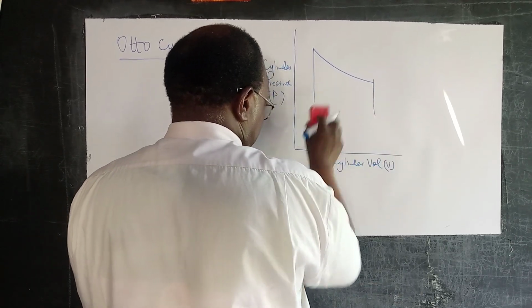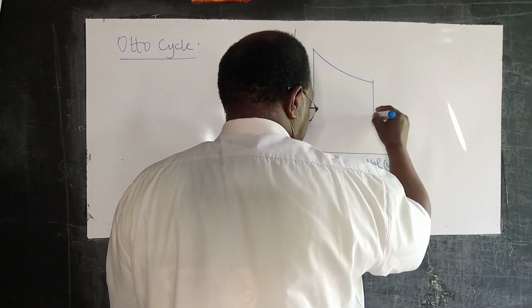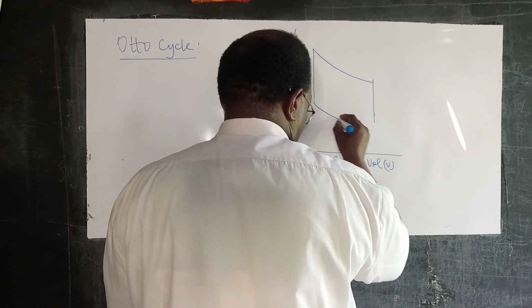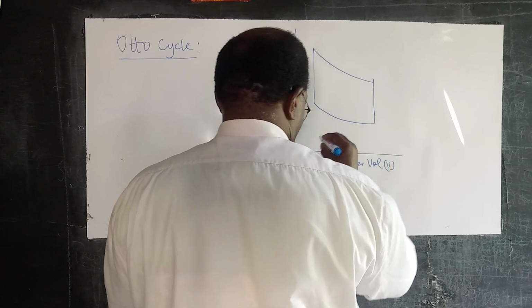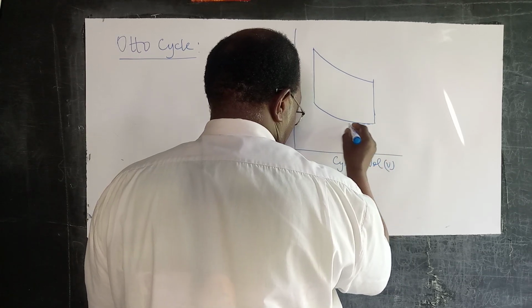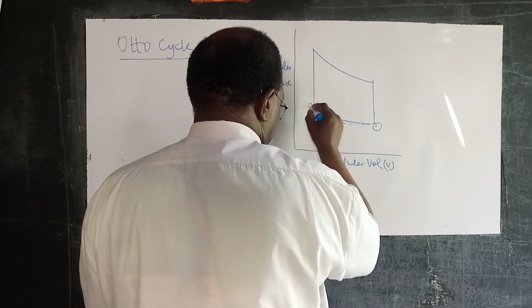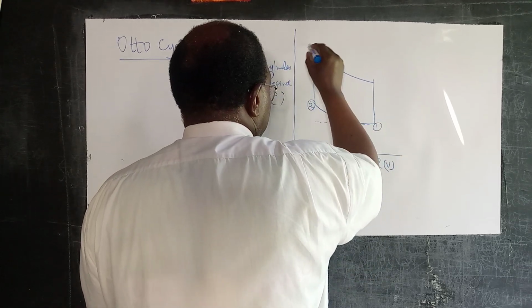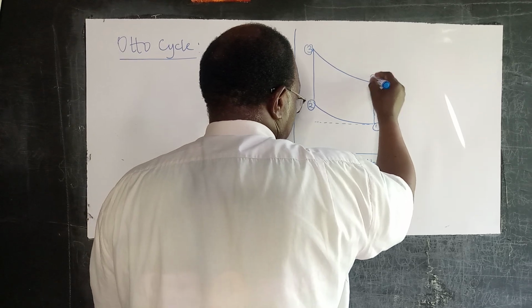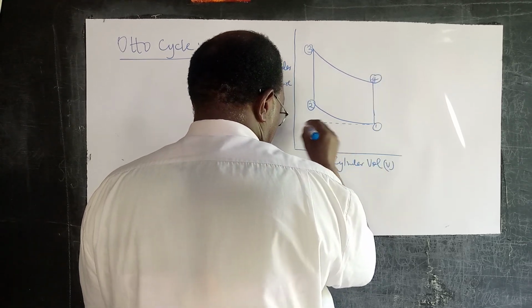So let's try to draw it as best as we can. State point 1, state point 2, state point 3, state point 4, 0,